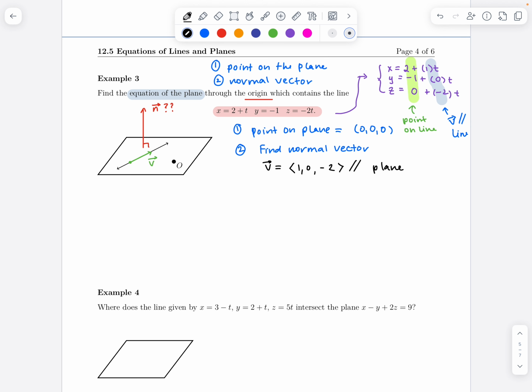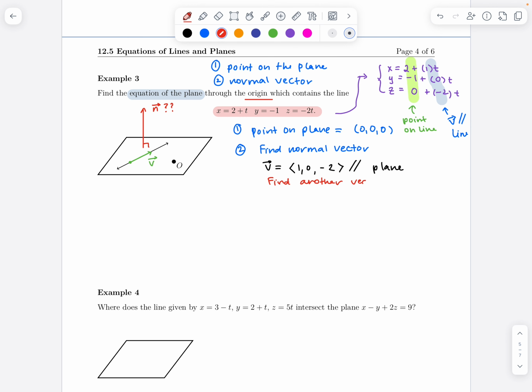So if we could find a second vector that is also parallel to the plane, then we could cross them to get a vector that's normal to both of them, and hence normal to the plane. So our goal is to find another parallel vector,